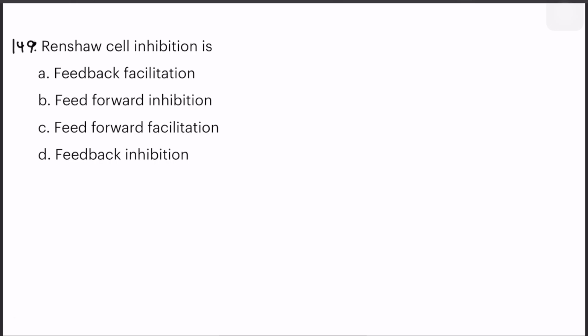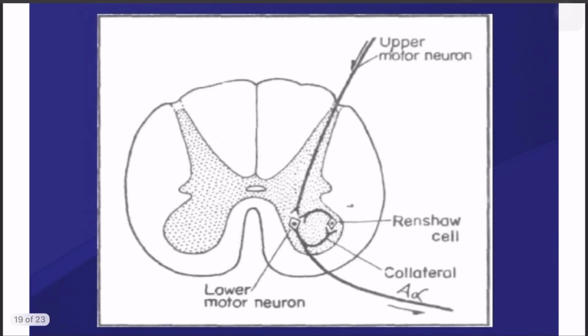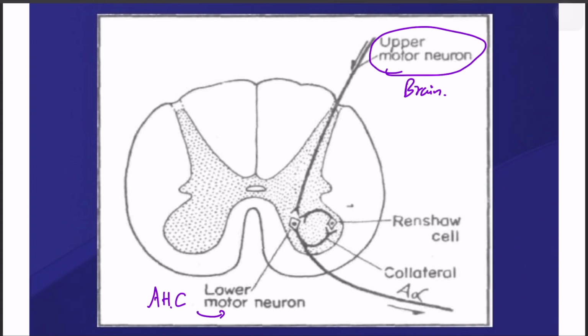Next question, Renshaw cell inhibition. The answer is feedback inhibition. I will explain what Renshaw cell inhibition is. In the spinal cord, the upper motor neuron comes from the brain and acts on the anterior horn. That is the anterior horn cell, which is the lower motor neuron. From there, the lower motor neuron, which is a type of A alpha fiber, goes to the muscles and causes